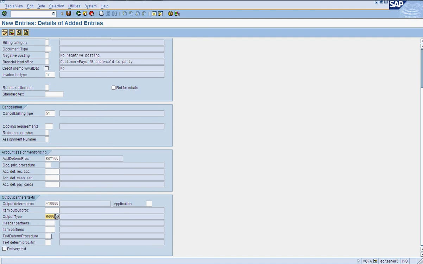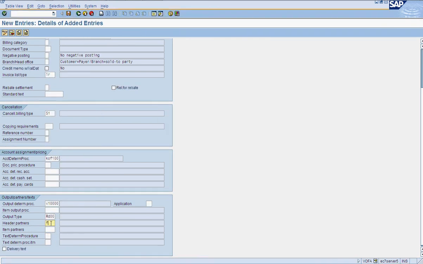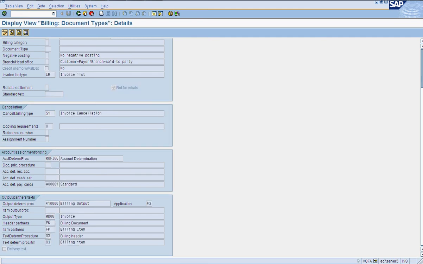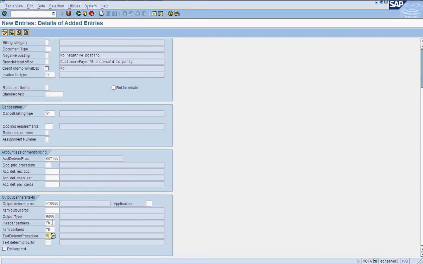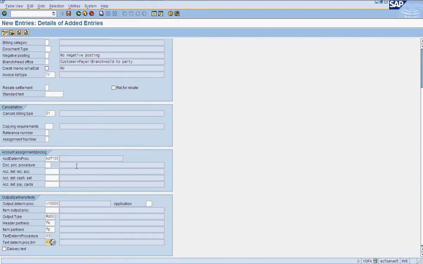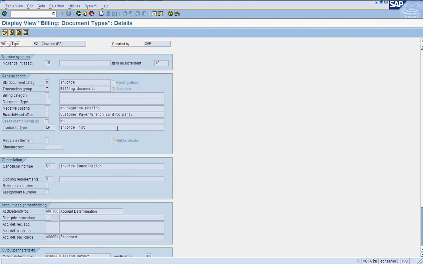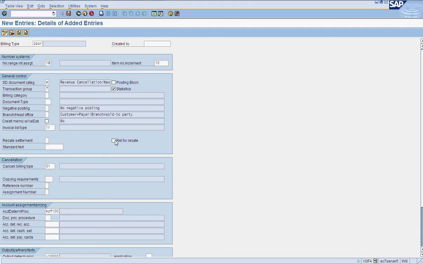We will be assigning text determination and partner determination, standard provided. The reason I have not copied is because I want to do all the controls manually with respect to copy controls, and the most important is relevant for rebate.